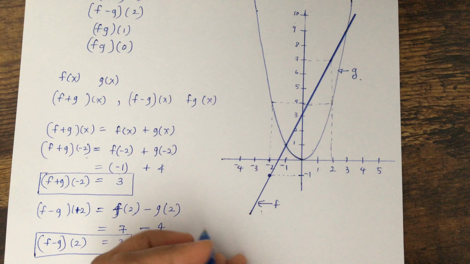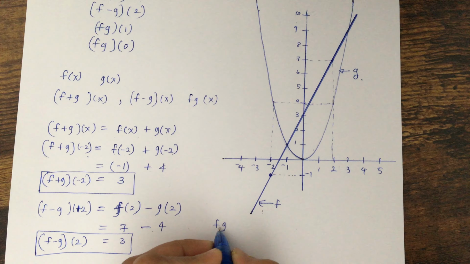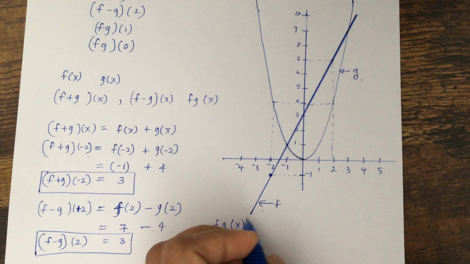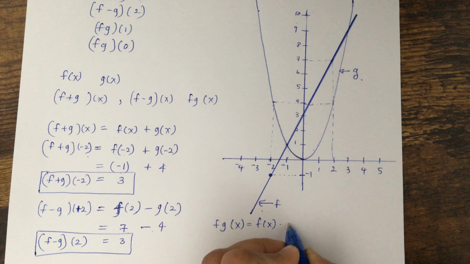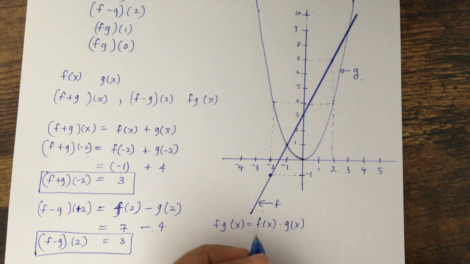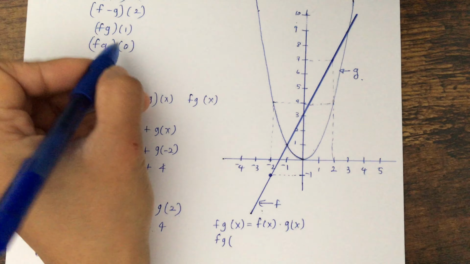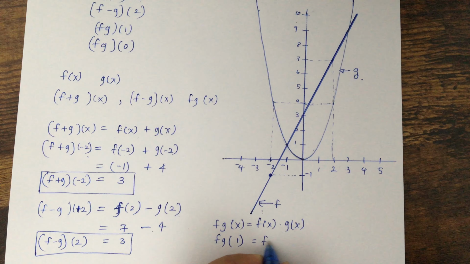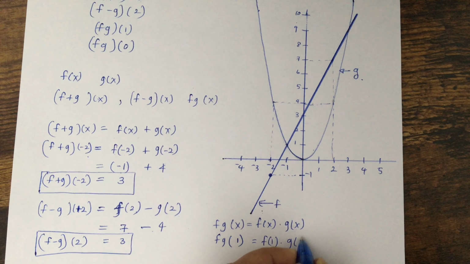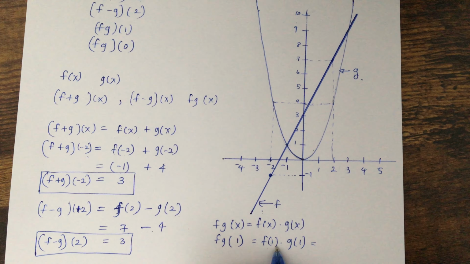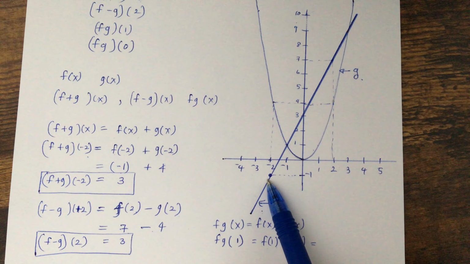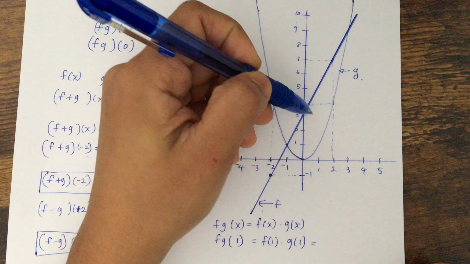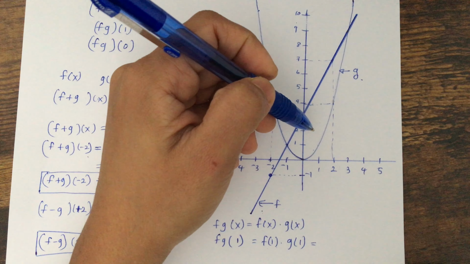So how about the multiplication of two functions, fg? So this is multiplication, okay? So this can be written as f of x times g of x, right? So we have to look at fg at 1. That means f of 1 times g of 1. What is f of 1? So you have to look at the linear function at x equals 1. So look at the linear function, which is